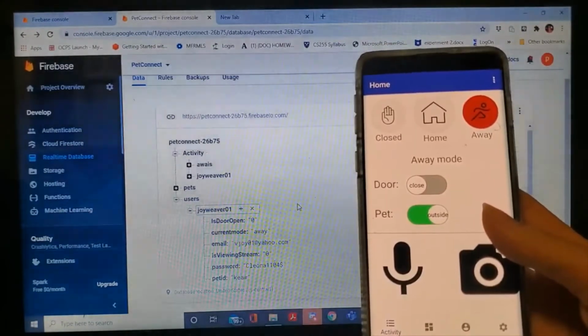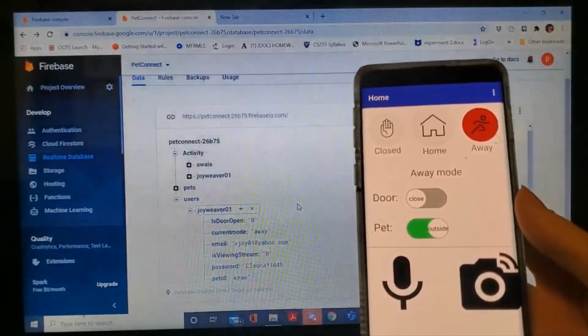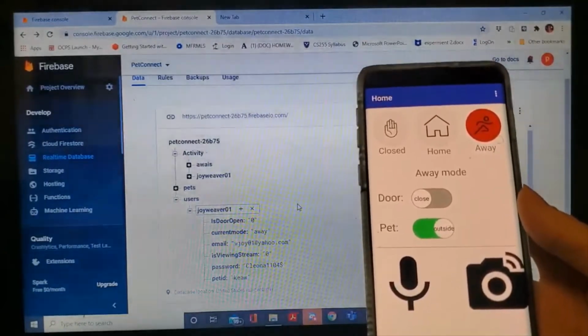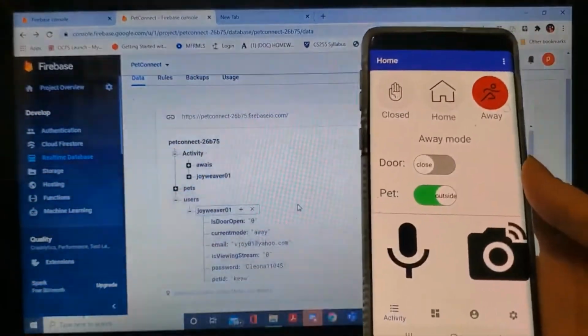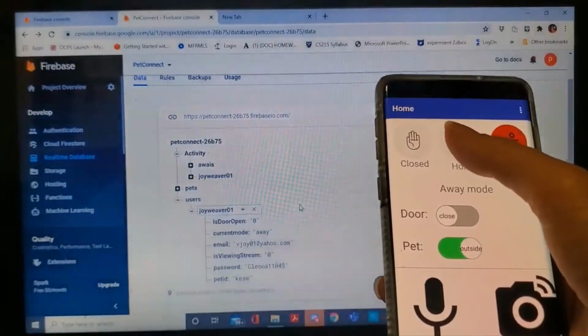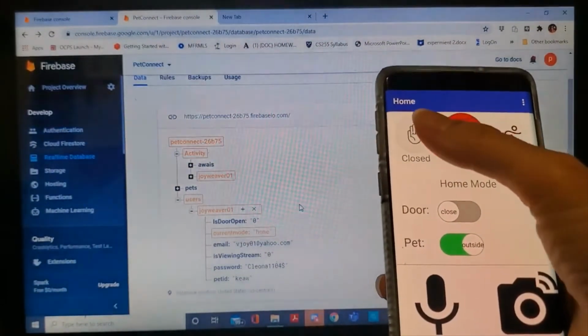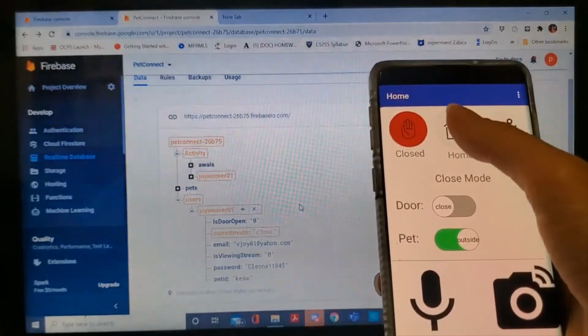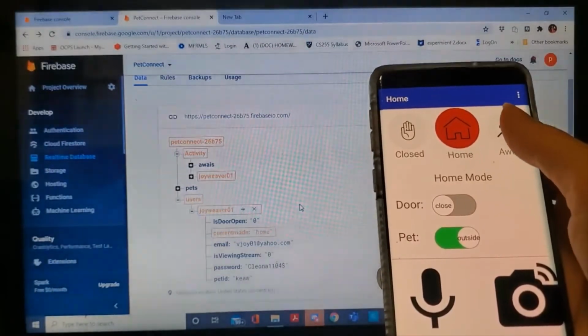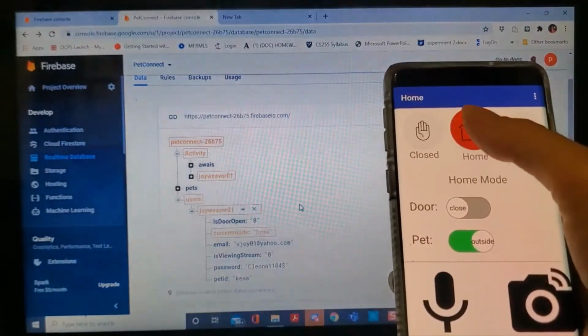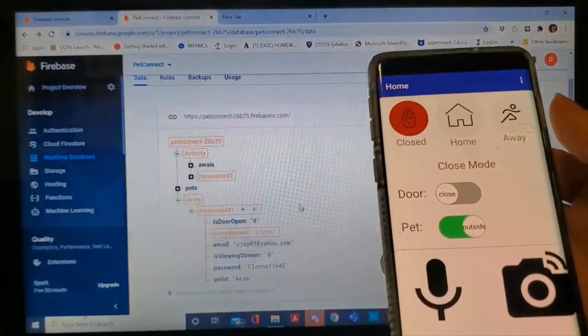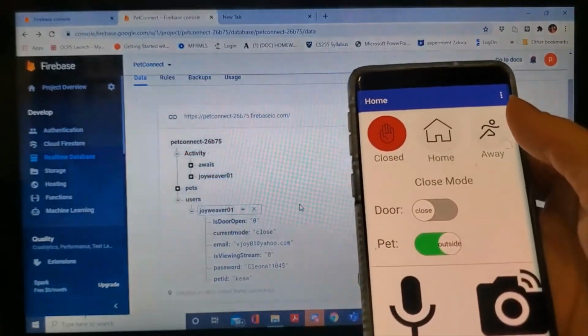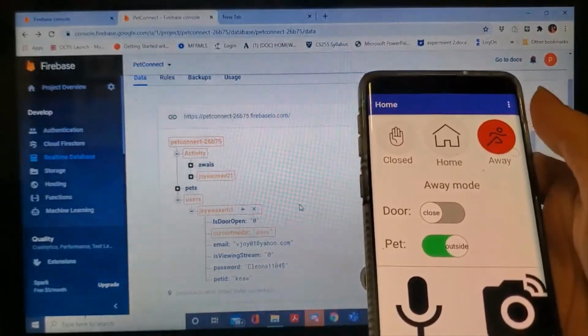Right now, as you can see, we are at the current mode, which is away mode. And then if we move over to the different modes, you will see the yellow text moving along when the user clicks on the application itself. And if we set our mode in away mode, in this mode,